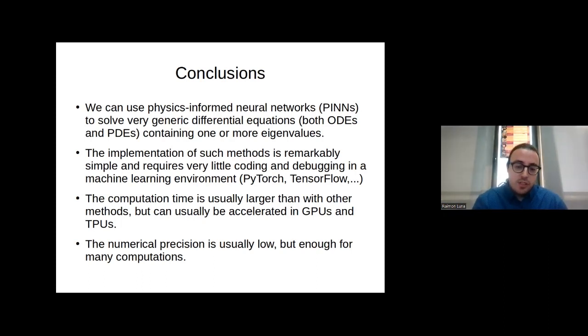And then the numerical precision is usually lower than other methods, because, well, first of all, these machine learning environments usually use half precision instead of double precision. And then the way that you are fitting these things is not usually super precise, but I would say it's accurate enough for many of the computations. Okay,